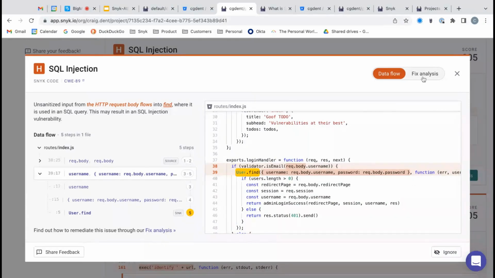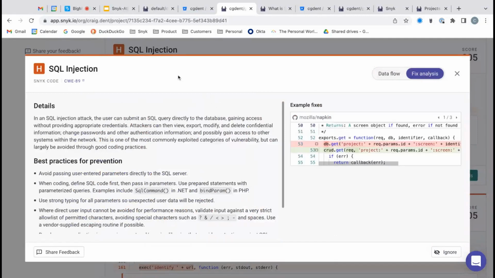But over on the fix analysis page, the way that Snyk Code works is it scans using its machine learning engine. It scans all the public open source applications that are publicly available, on things like BitBucket, and we look for SQL injection examples in those